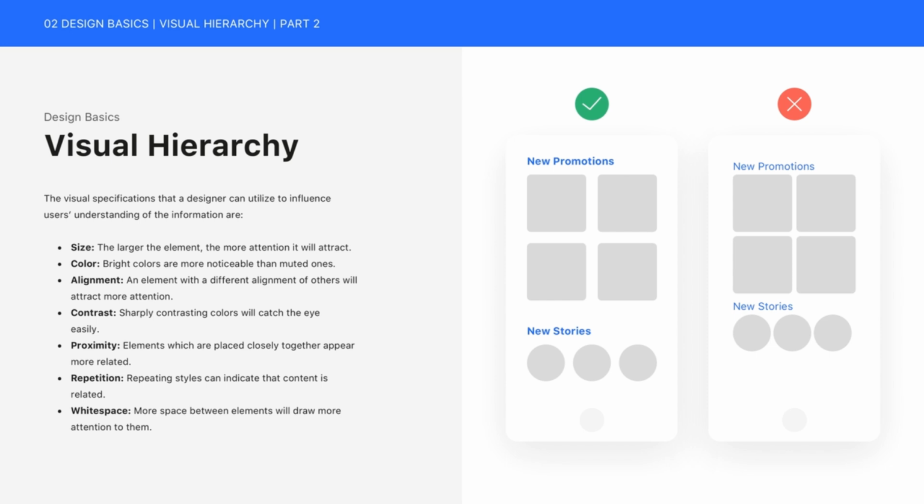And the next item is white space, which is another important term in UI UX design. More space between elements will draw more attention to them. So let's look at the pictures on the right, but this time we need to distinguish between the left screen and the right screen. As you can see in the left screen, we have enough space, or let's say enough